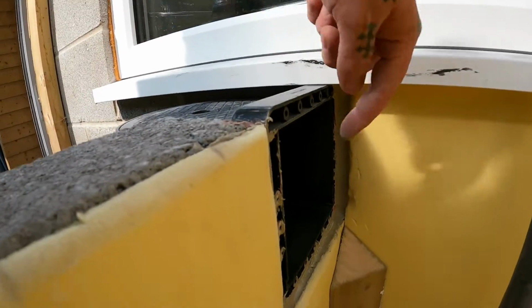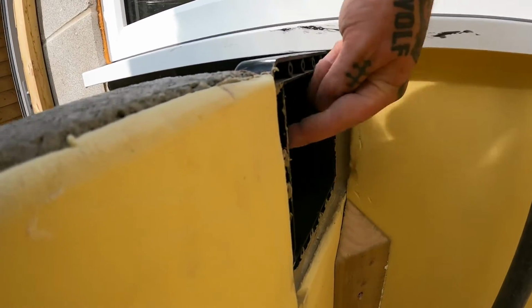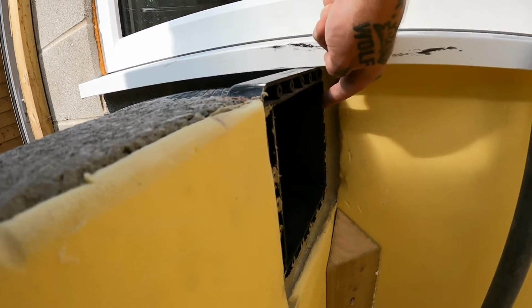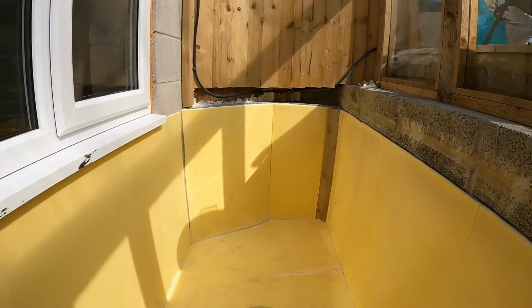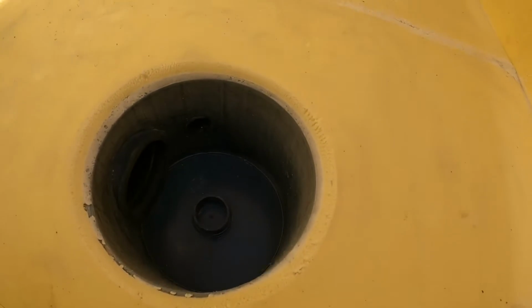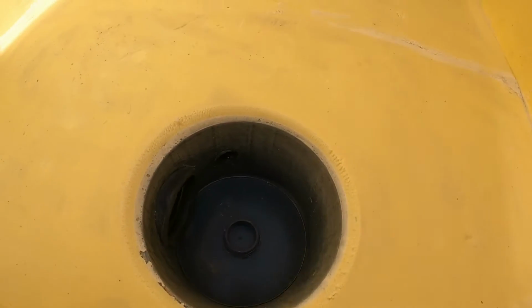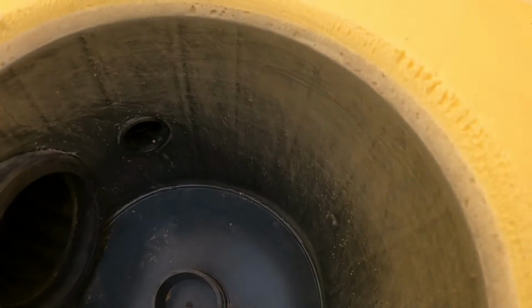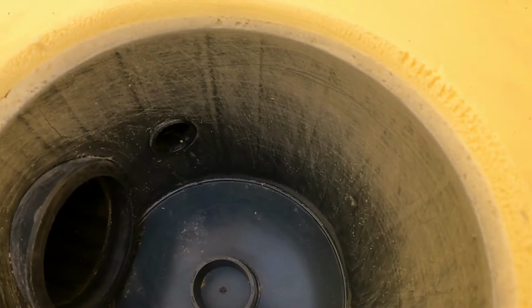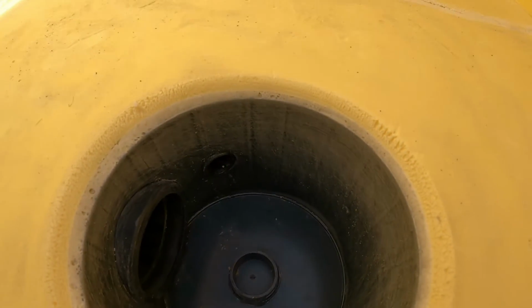So this is all exposed, but what I have done is I've roughed this up. So my plan is to fiberglass straight into this, all the way around this circumference, okay? It'll go straight over that. So also what I've done, guys, is I've prepped the drain. If you can see the drain there, I've sanded the board nice with that nice sort of rounded edge. And if you can see, guys, I've really roughed that up as far down as I could get it. Because that fiberglass is going to go at least halfway down. Also what I've done,